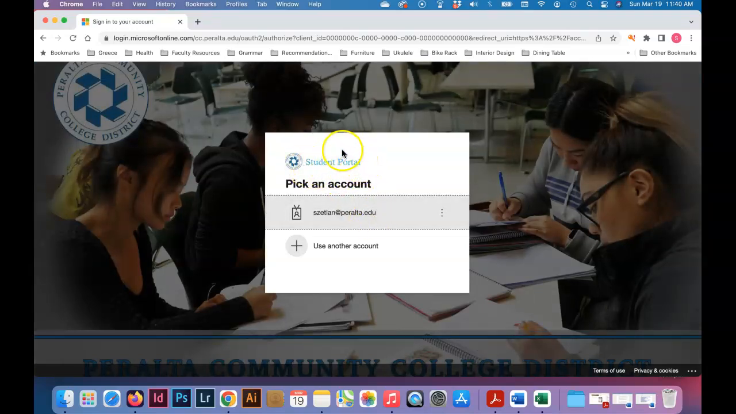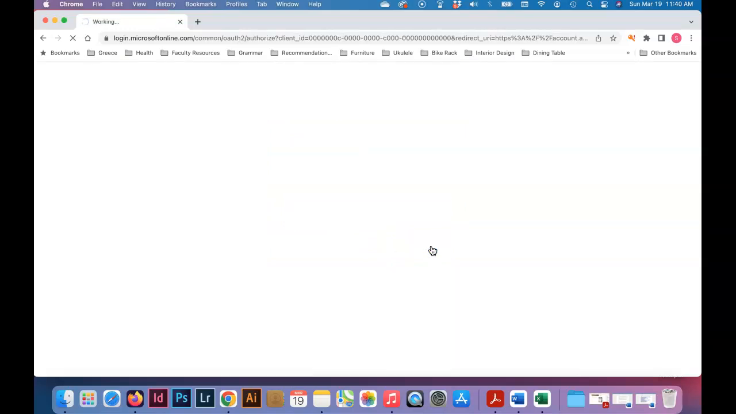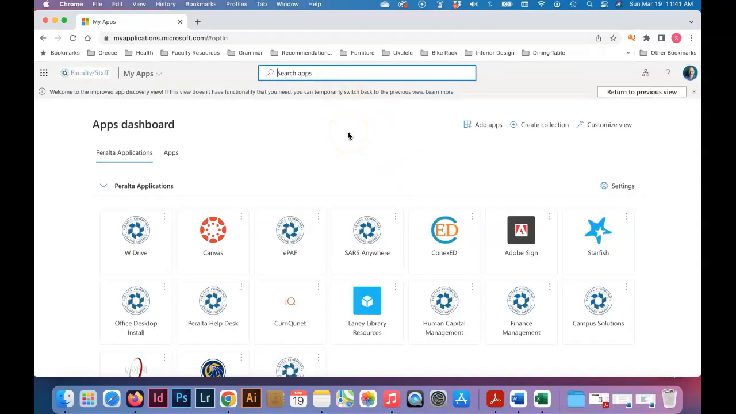And here it's going to ask you to sign in. This is my email address, so I'm going to click that. My computer puts my password in for me. You will need to type your password in, your Peralta password. Then I click sign in. After I sign in,